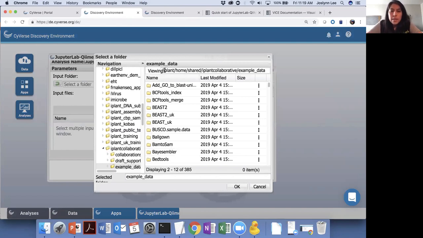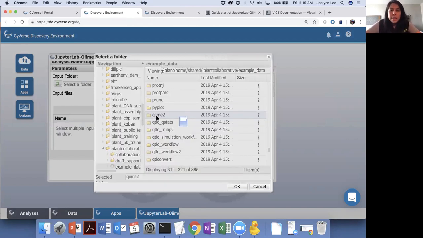So this file system is iPlant Home Shared iPlant Collaborative example data, and it's at the very end of QIIME 2. So bear with me as I scroll. We have lots of data, so if you have other analysis to do, this is one thing. QIIME 2 is where all of this gut microbiome data set is located. It might take a bit to upload here. And again, this is a public data set, so I downloaded it from the European ENA. That's where they host some of the raw